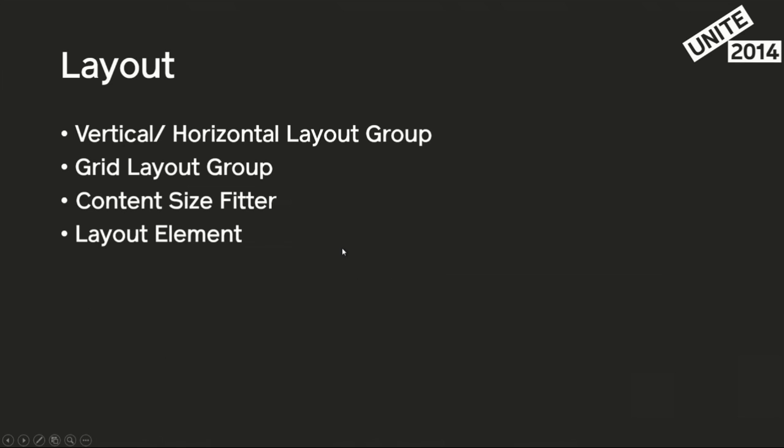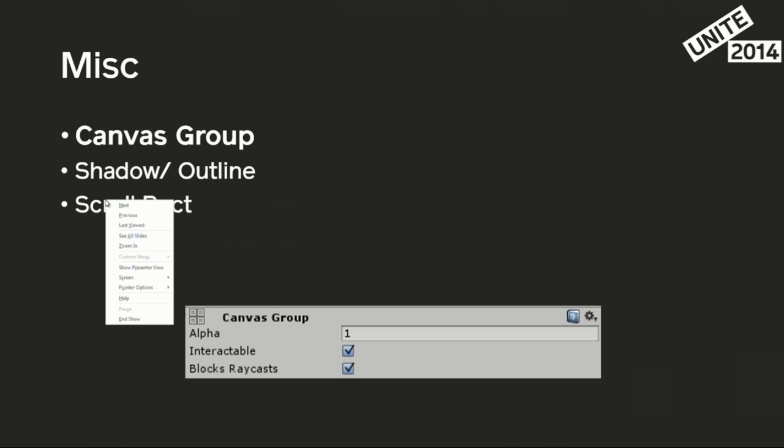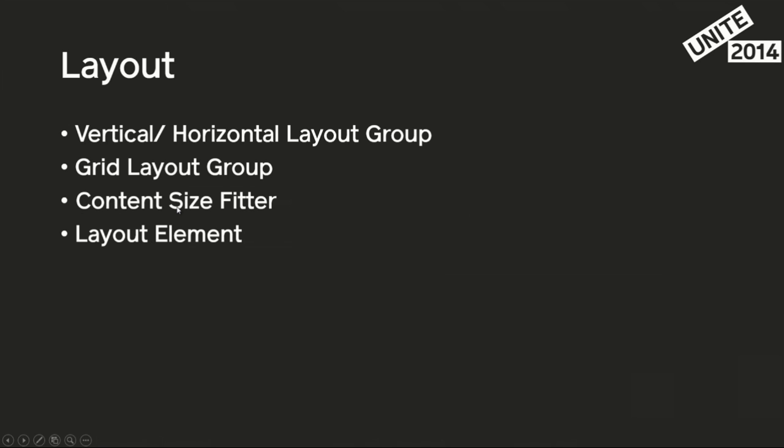So the next part is our layout components. The vertical, horizontal layout group, the grid layout group are all controllable elements, so they will handle controlling the direct children of themselves and position them in either a horizontal, vertical position or a grid layout. Our content size fitter, let's go previous. Content size fitter